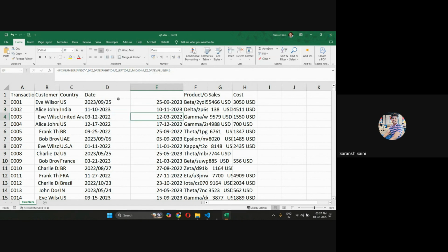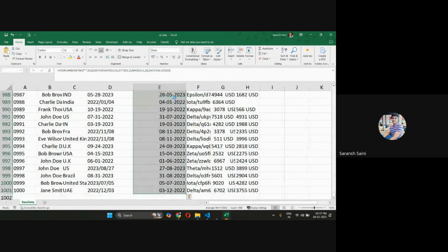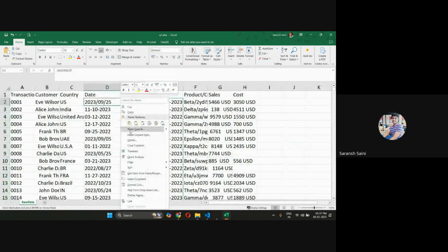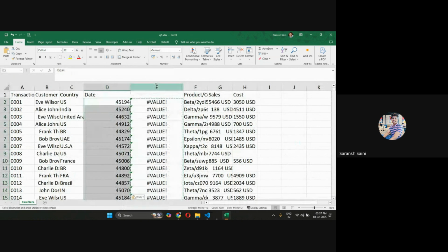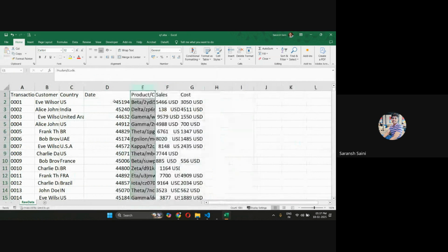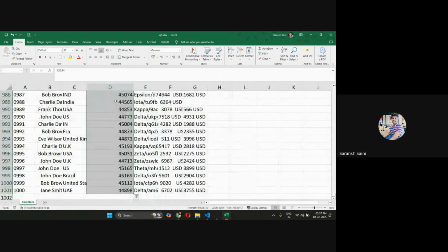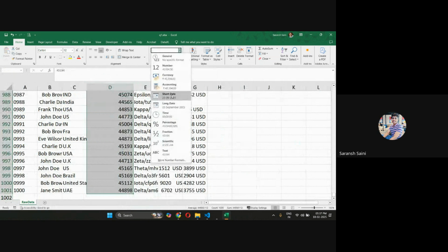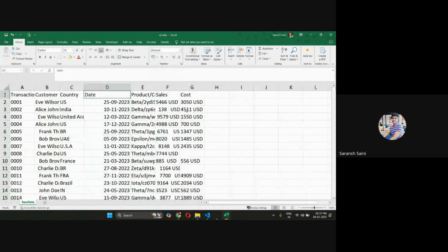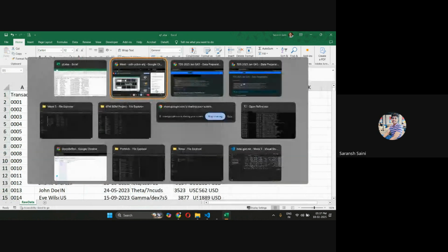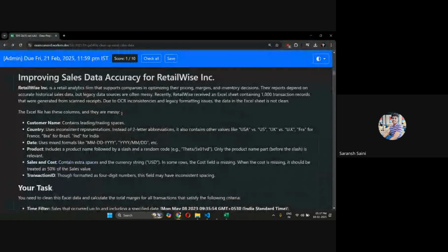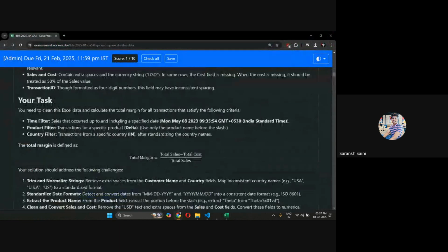The next bits of this entire exercise are very simple. What I actually did is paste these exact values, edit this column, convert this entire column to a short date format, and that's pretty much done. Next, what you have to do is head back to the